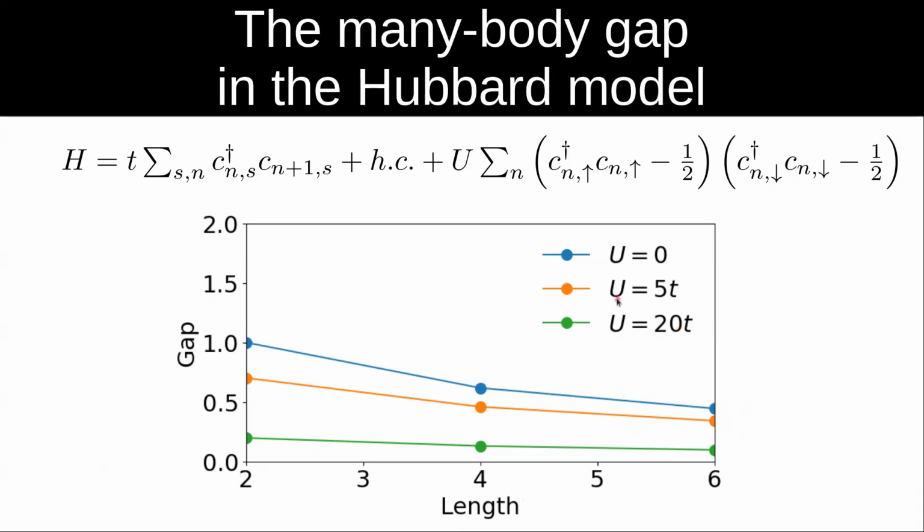Then if you add interaction to the system, what you actually see is that the gap also decreases with length. But what is most interesting is that the gap is actually smaller when you put interaction than when you don't have interaction. If you put an interaction even bigger, you see that the gap becomes even smaller,